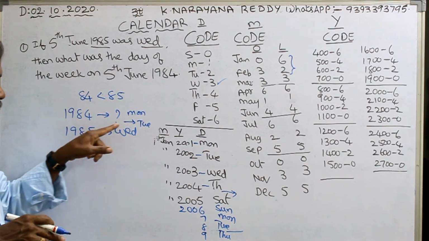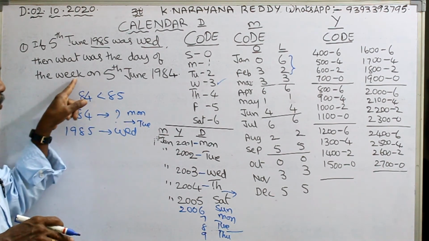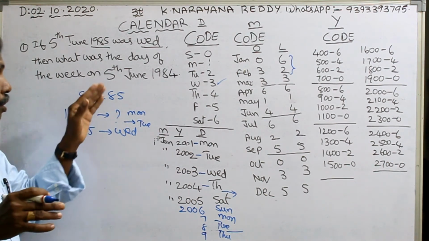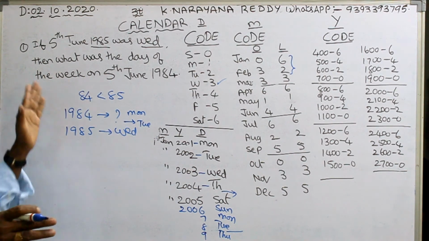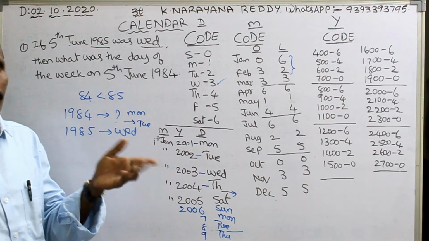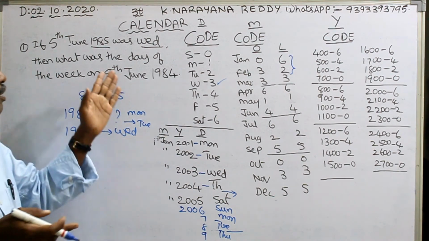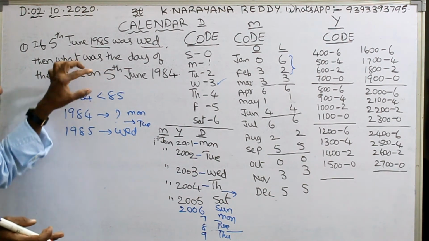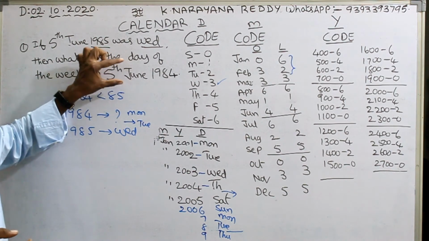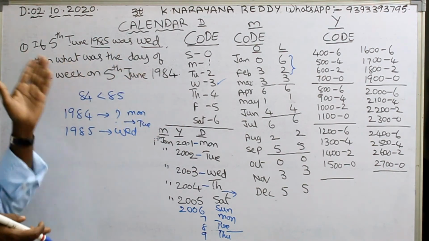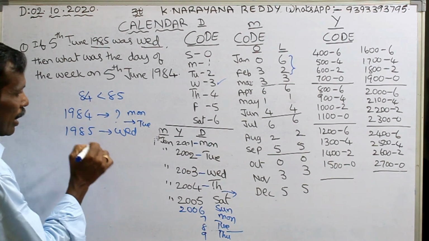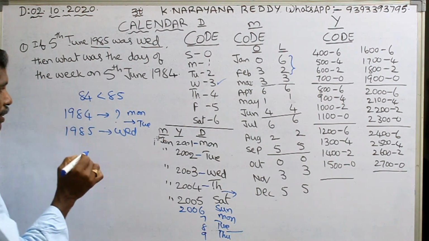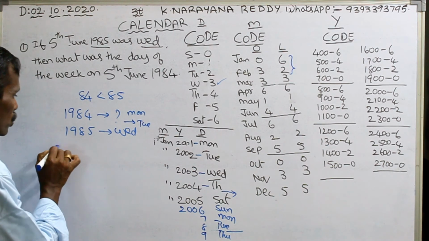Already, 5th June 1984 is Monday, but February 29 is over already. That is why we didn't take 2 odd days. We won't take only 1 odd day because there is no February in this period. After 5th June, there is no February. Already February is over. That is why we can take only 1 day. That means 5th June